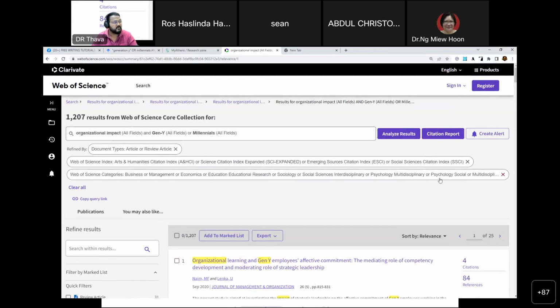These are all the filters. You can save the filters because you want to get the same result. But let me tell you something. Every day when you do a search on Web of Science, you might get different results because on a daily basis, new papers are being added to the database. So if you do a systematic review today, don't expect to get the same answer next week.